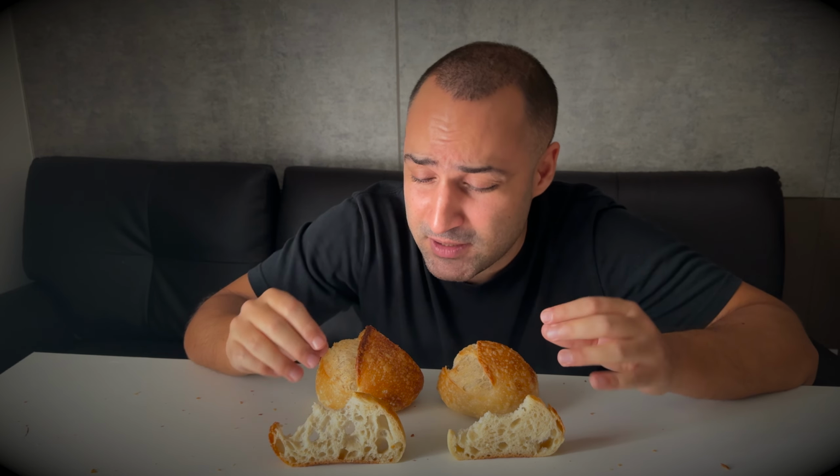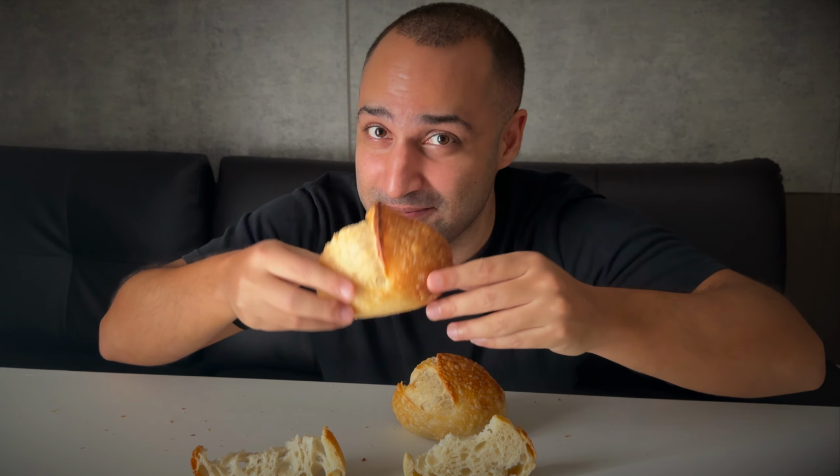To my surprise, the crust is so much lighter and crispier. The crumb is almost the same, but believe it or not, it has more flavor. We have a winner. I think there is nothing wrong with my normal method, and you can always skip Autolyse